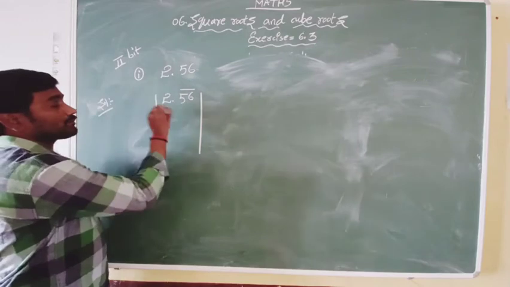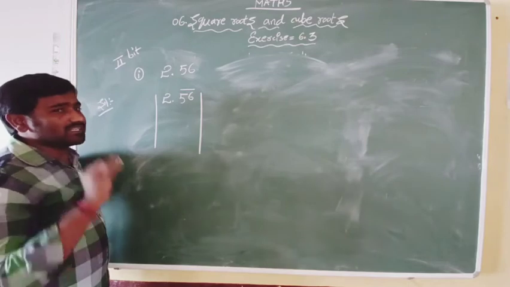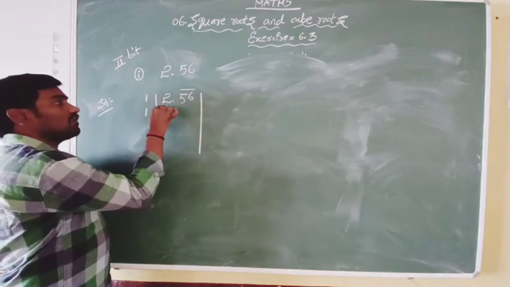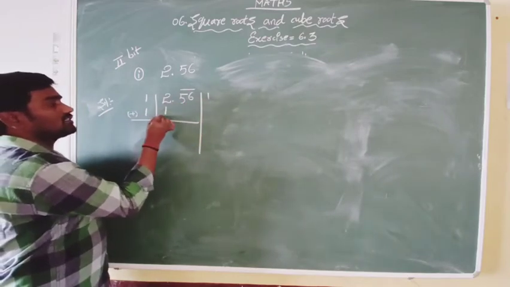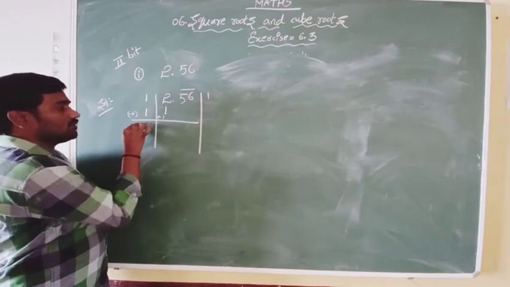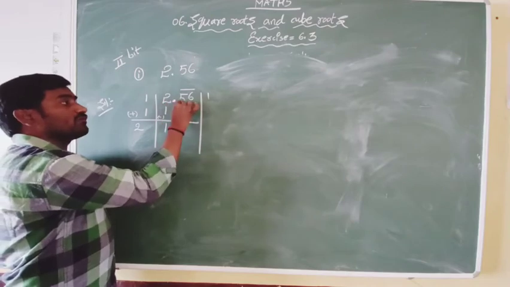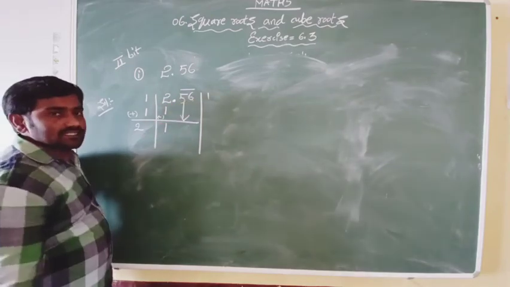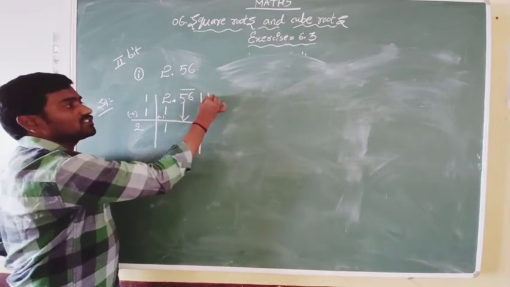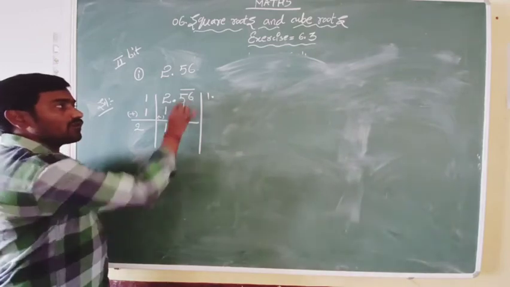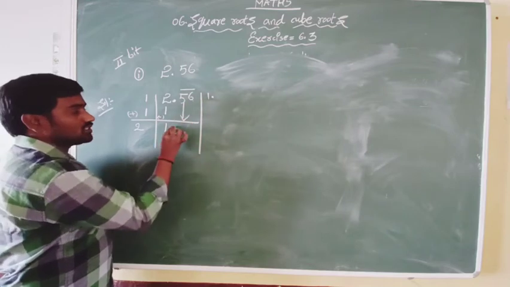So we have to see, here there is a 2. And less than 2, there is one perfect square number, that is 1. 1 one is 1. Yes? So here also we get 1. Add it here and subtract here. 1 plus 1 is 2. 2 minus 1 is 1. But see, before we bring down this 56, there is a decimal point here. This decimal point will jump here in our answer. Now you can bring it down. This decimal point, we have to keep it here, then only we can take these 2 digits.